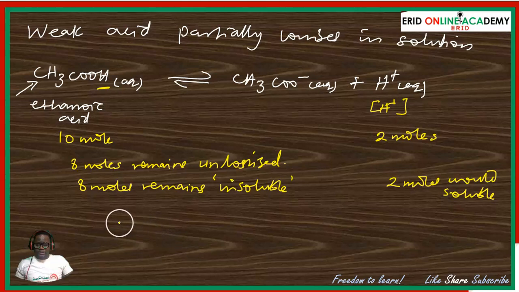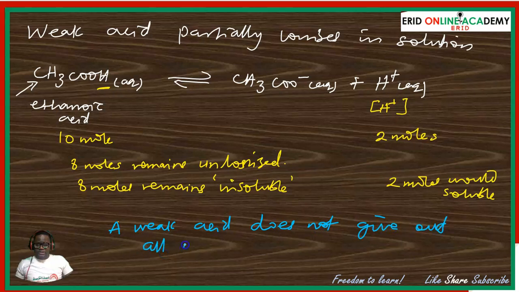In essence, we can say that a weak acid does not give out all its hydrogen ion. So having looked at that, a strong acid completely ionizes, while a weak acid is one that